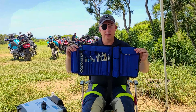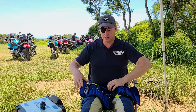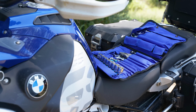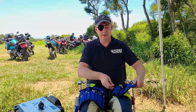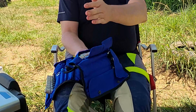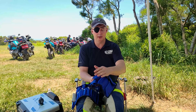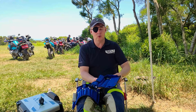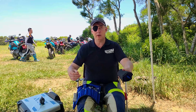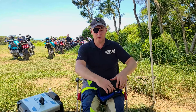So this set is the full complete set. You have the basic sets, that you can already cover a lot of things on the motorcycle, but this is the add-on. And you have all the different sizes for the BMW, for the KTM, for the Japanese, for the Triumph, for all the different bikes in here. Ratchet and everything. Advantage also of this design that we can split it is that we can put this side on one side of the motorcycle, and then this basic set on the other side of the motorcycle, so I can